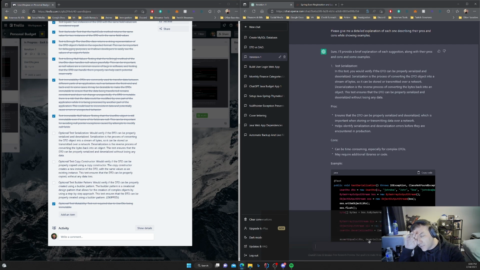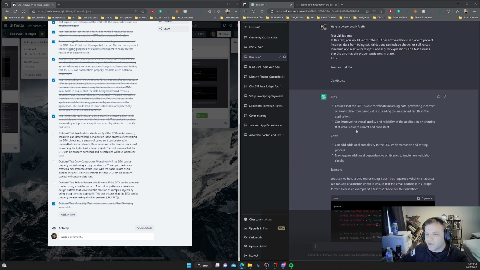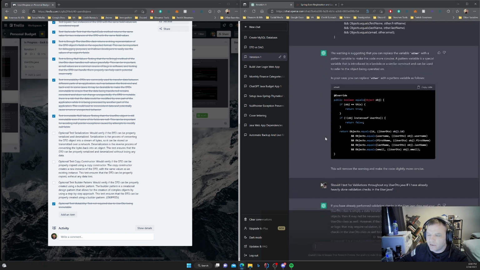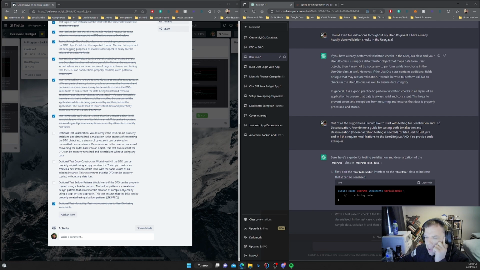So let's start with testing serialization and testing for deserialization if deserialization is needed. Oh, so it's saying implement serializable. Okay.